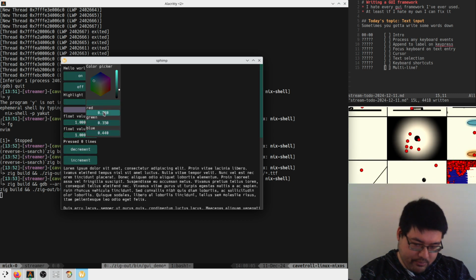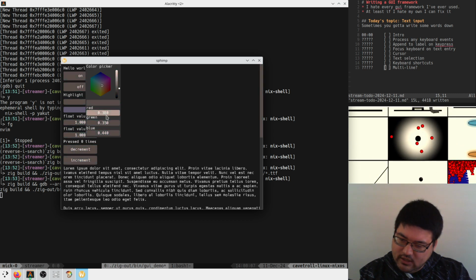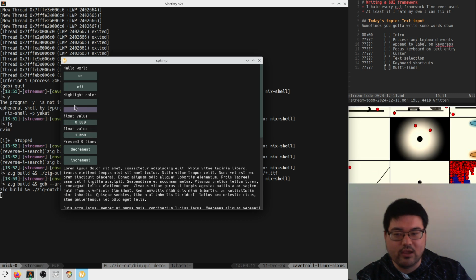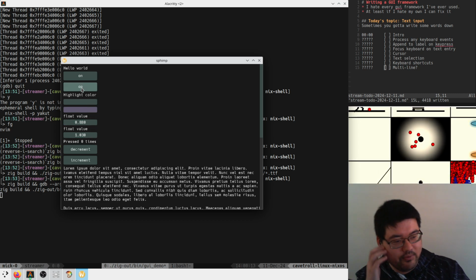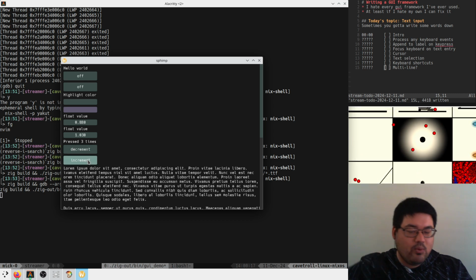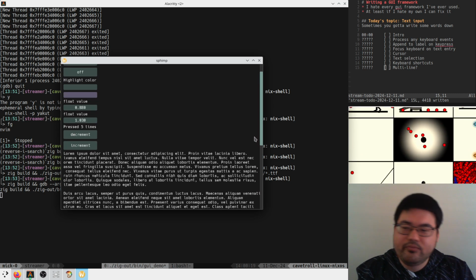That's a bug. There's a bug here that we just added where those values are supposed to move when we slide on them. They're not. I think that I know why, but we're not going to fix that right now. We got buttons. When you click the button, the label changes. Wow, right? So we got